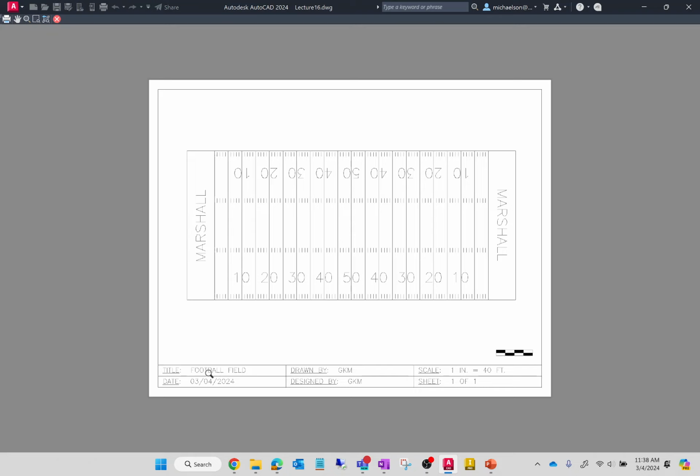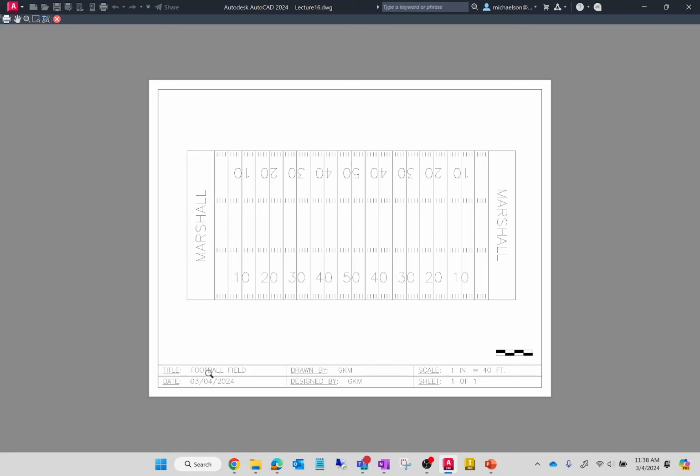Let's check and see if this last page makes sense. I mean, is this plotted to a correct scale? Did I do a good job on this last page? Well, why don't you tell me? How long's the football field? Using the scale, how long is it? And how did I do?